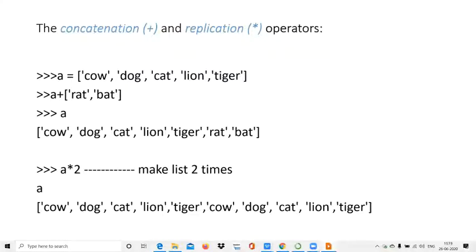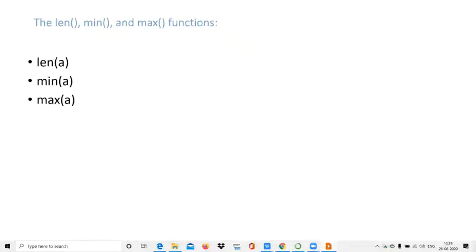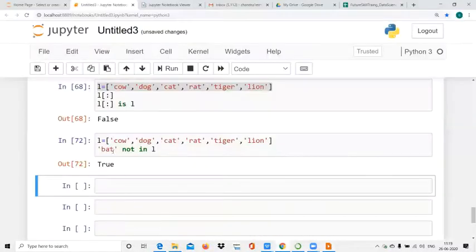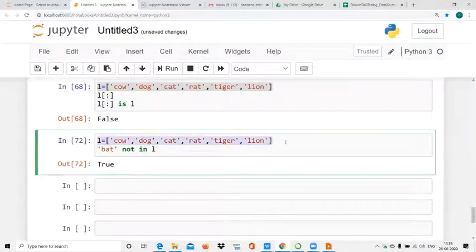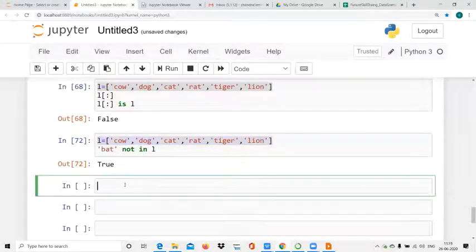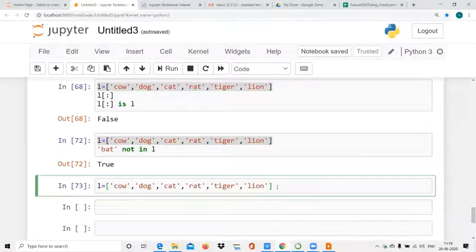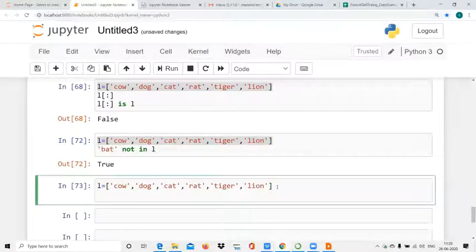So there is a list, and I want to add some more items in this list. What you can do is directly add to list L with the plus concatenation operator.